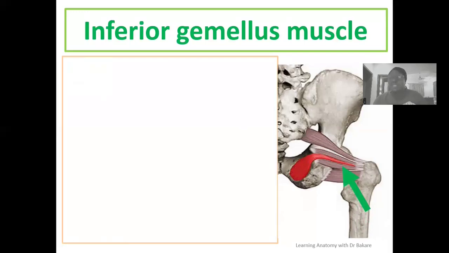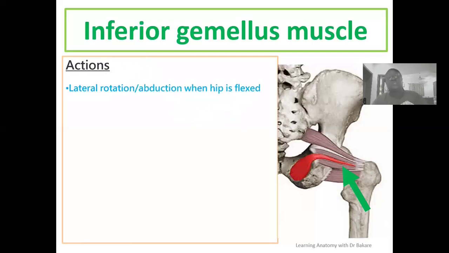So going through the actions, this muscle is seen to exhibit lateral rotation and also abduction of the thigh when the hip is flexed. It is also seen to help support the head of the femur within the acetabulum. If you look at the path that it runs from where it originates to finally where it inserts, you see that it is running over the hip joint. So deep to this muscle here, we'll be having the hip joint, and the hip joint we know is formed by the head of the femur fixed into the acetabulum. And this is where this muscle will be helping to reinforce this joint,